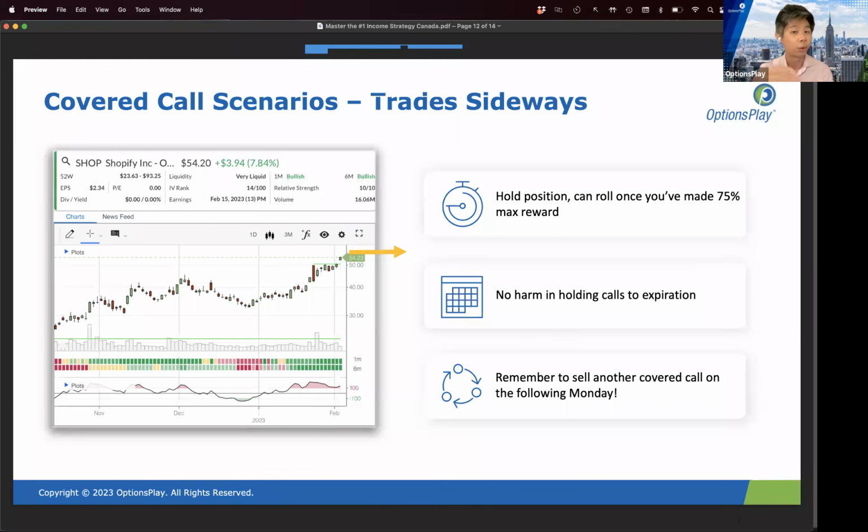The only thing you have to remember if you're going to let it expire worthless is to come back on Monday morning to sell a new covered call. I tend to find that if you let things roll off on their own, you sometimes forget Monday morning, oh, I have to sell a new covered call. If you have a proactive strategy or reminder that 2 weeks before expiration or a week before expiration, I'm going to roll all of my calls, then you never have a gap where you forgot to sell new covered calls and aren't generating income. This way you're always generating income, because as you approach expiration, you don't let it expire. You just automatically sell a new 45-day option and continue that income stream.